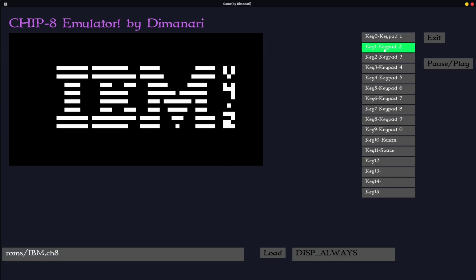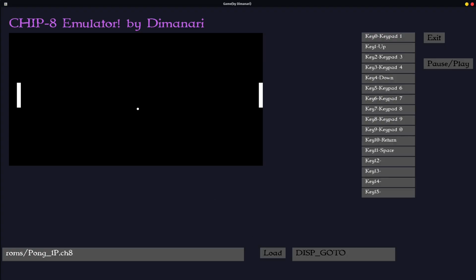And if I set those keys, I can do one player Pong, change it into the go-to display, load, and now everything works